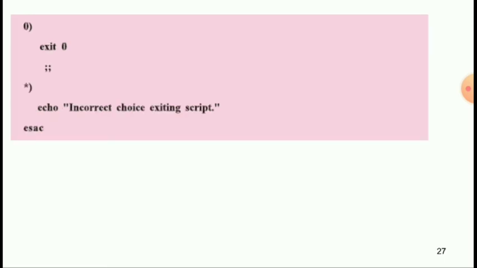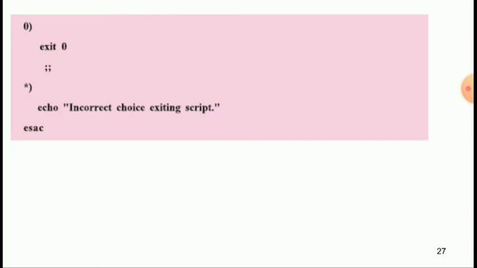And the last, 0: that we say exit 0 and semicolon, and by default star, that means echo incorrect choice, exiting a script. That means if a number 0 to 5 is entered, it works; otherwise, if another character is entered, the message incorrect choice will be displayed. Then the last statement is the reverse of case, ESAC.